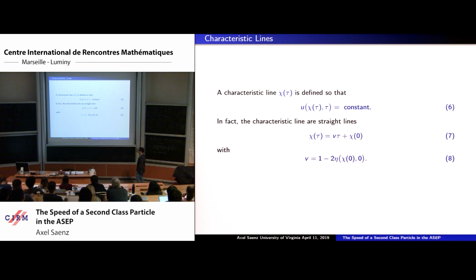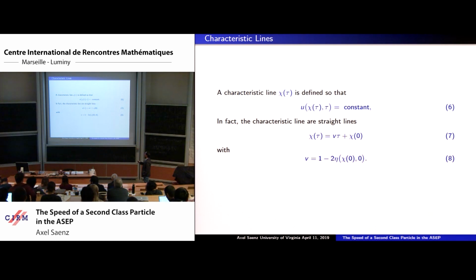The thing about Burgers' equation is that it has traveling wave solutions, so you can pick characteristic lines such that the solution of Burgers' equation is constant along that characteristic line. And in particular, you can show explicitly that the characteristic line is going to be